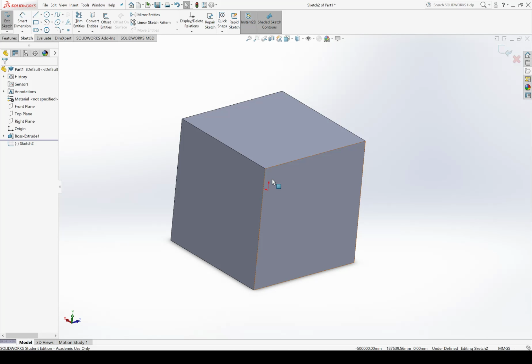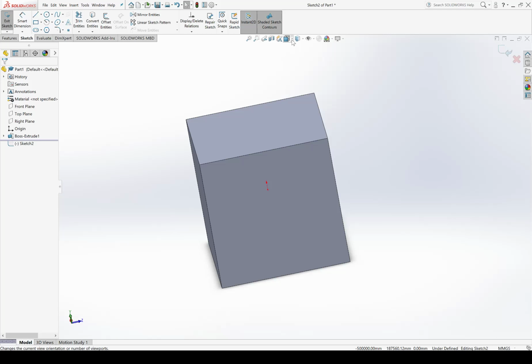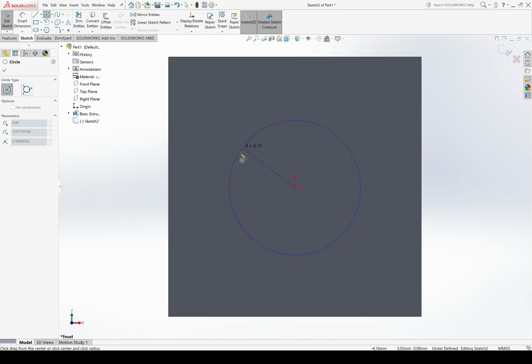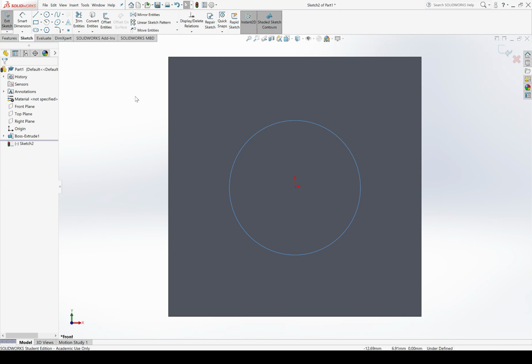So if I wanted to look at the front plane, I could change my view to from the front. The way that you change your view orientation is with this center button on the little string of buttons at the very top of this window. If I say view orientation front, it'll move my view so that I'm looking at the part from the front. Because I'm drawing on the front plane, this is a very convenient place to be looking. So let's say I wanted this circle to be on the origin and to be, what did I say, 5 millimeters in diameter?